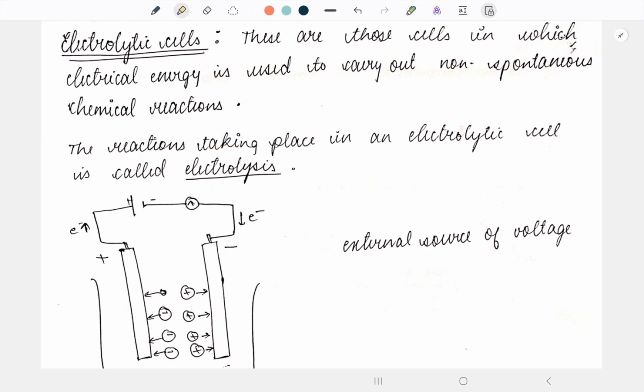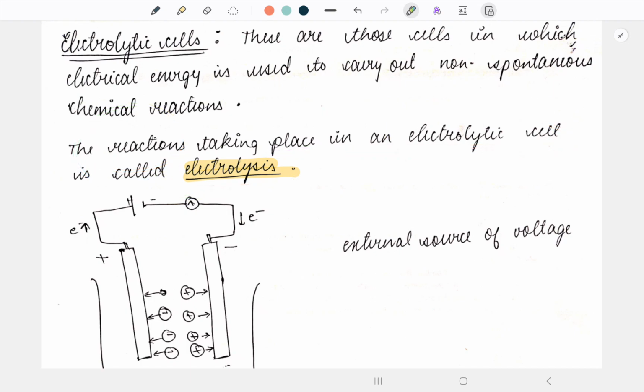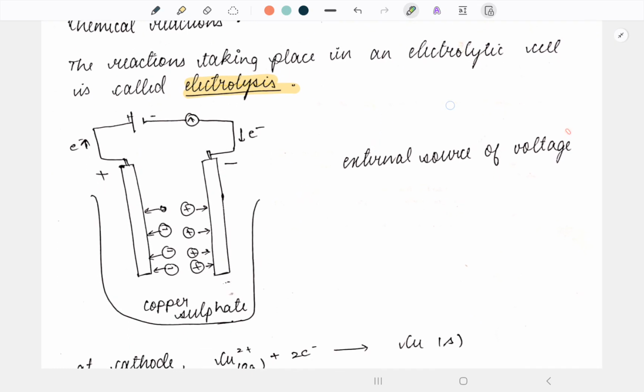It is very important to understand what is electrolysis. So electrolytic cells are those which will convert the electrical energy to carry out non-spontaneous chemical reactions, while the reactions which are happening in electrolytic cell is called electrolysis. So the electrolysis will involve the chemical decomposition of the electrolyte by the passage of electricity through its molten or ionized state. In an electrolytic cell, we have an external source of voltage which is used to bring about the